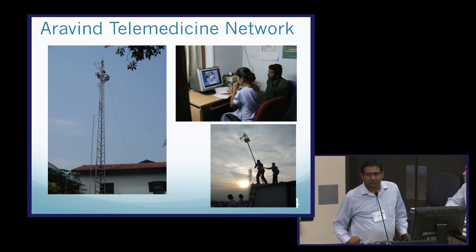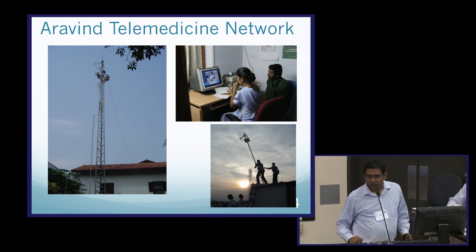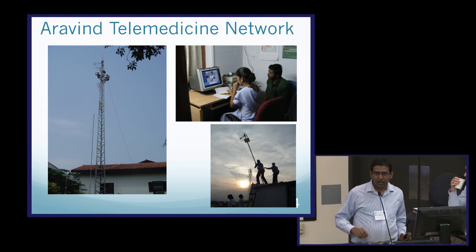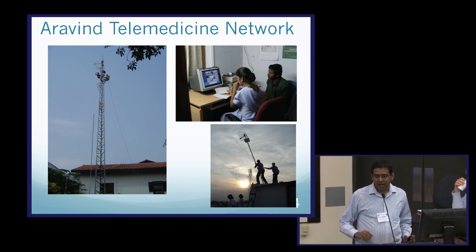Connectivity was a big problem, and we figured out a crazy way of making the Wi-Fi that you use in your laptops work over 400 kilometers. Don't ask me why we tried 400 kilometers, but in this case, we got it working over 20 to 30 kilometers, point to point. So we needed line of sight with directional antennas. And we were able to deliver about 10 megabits per second, which is really good for watching a very high quality Netflix movie.